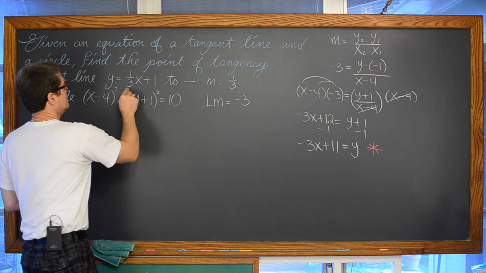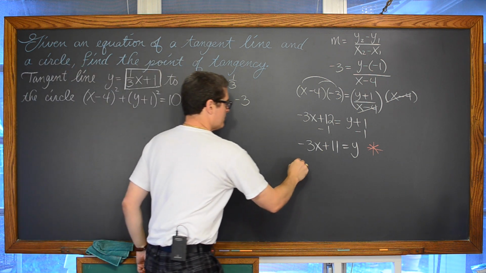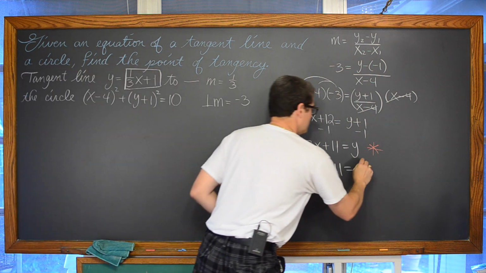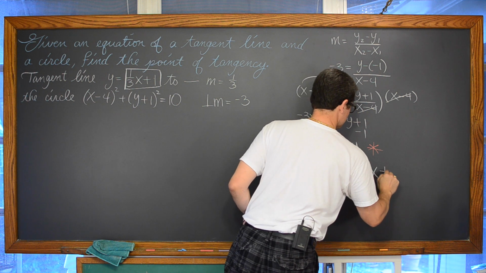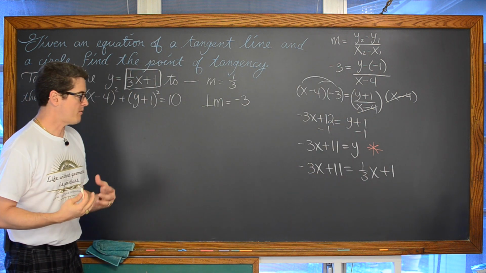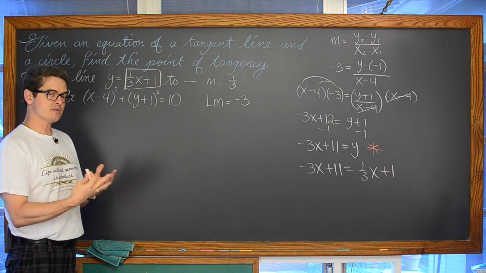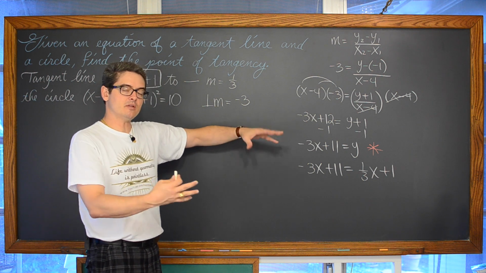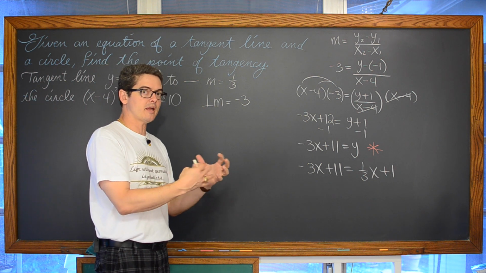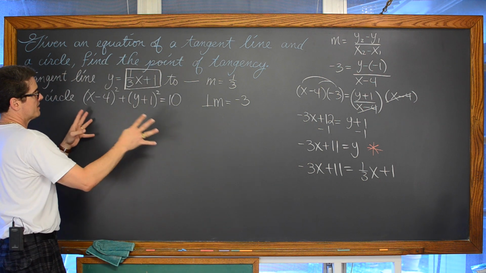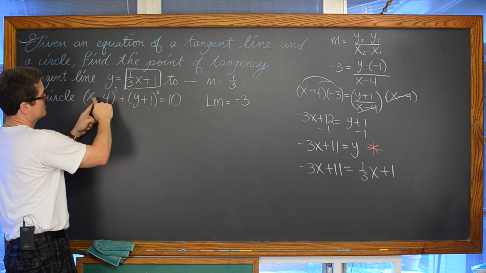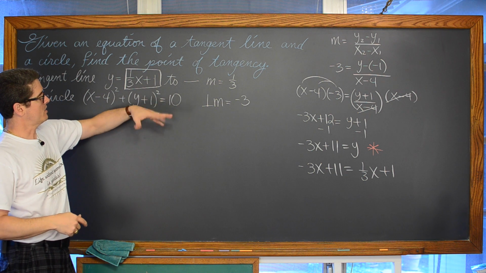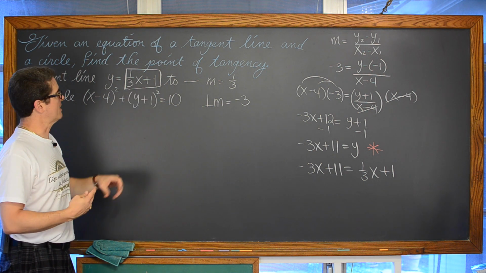So I'm going to bring this expression for y over here, and we're going to have negative 3x plus 11 is equal to y, which is 1/3 x plus 1. So we're still having to finish the problem using this substitution process for solving a system of equations, but I don't know how you feel this work is seeming so far, whether it's kind of easy or a little bit complicated or really complicated, but I still think it's more straightforward because I'm not having to do all of this foiling of the binomials. I'll give you the other way of working this problem out in a second, where you're not working through the slope, you're just putting them right together and finishing it up.